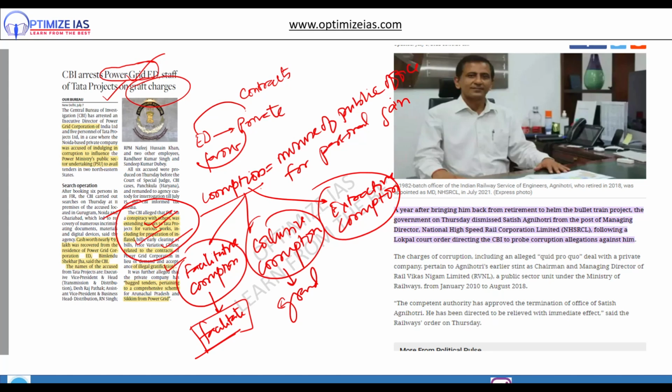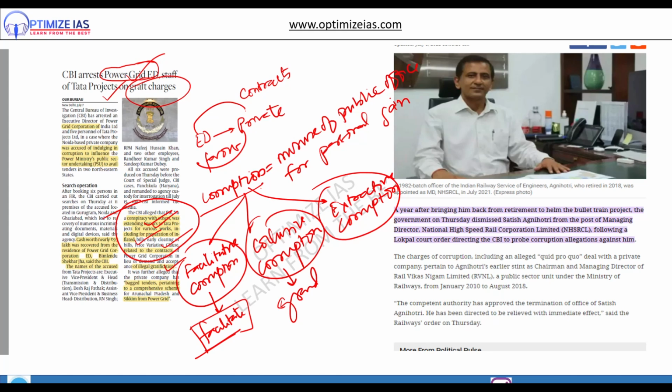Okay, big tenders, crores and crores of tenders. So that is what is very big, very difficult to tackle. Collusive corruption is very difficult to tackle. Even the CBI has said that there are increasing instances of collusive corruption, and it is very challenging to tackle collusive corruption, because